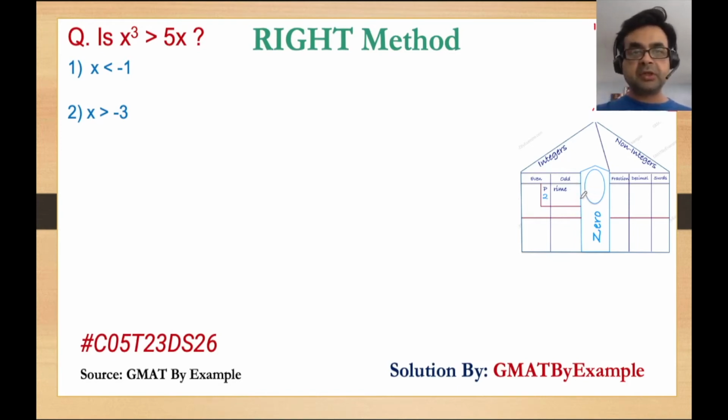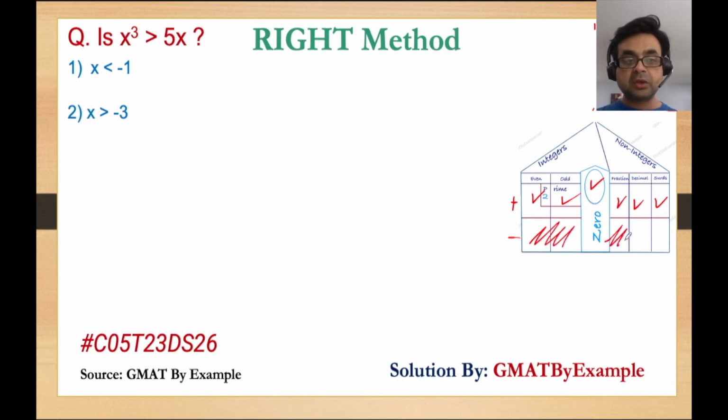Solving any number theory question, it is important to look at all the possible values of x and through elimination figure out where x could lie in this big number of possibilities. And since x is not given, we see that x could be 0, so don't forget 0. x could be even, x could be odd, fractions, decimals, surds, and positive or negative. So basically x could be anything, and assuming that x is, first of all, non-zero and positive,